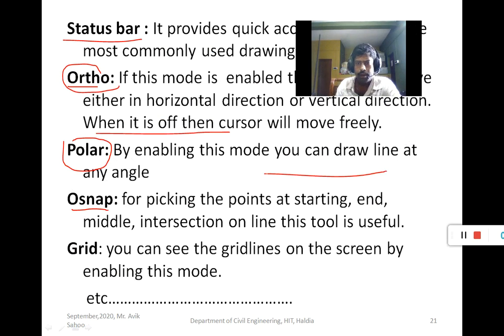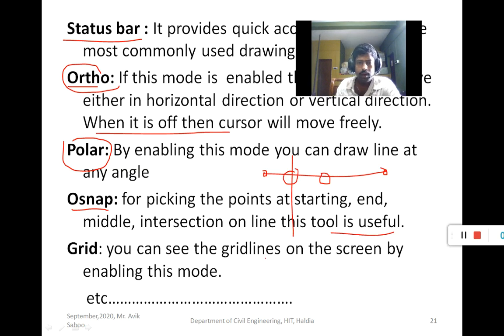This line has different points. This is a starting point, this is an end point, then this is a middle point, and then any intersection of lines is also a point. So to pick points at different portions of the line, this tool is useful.